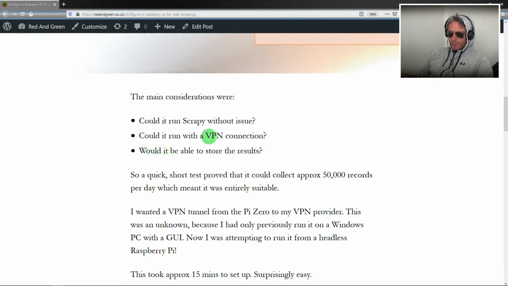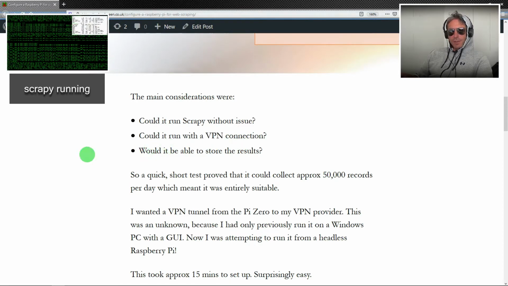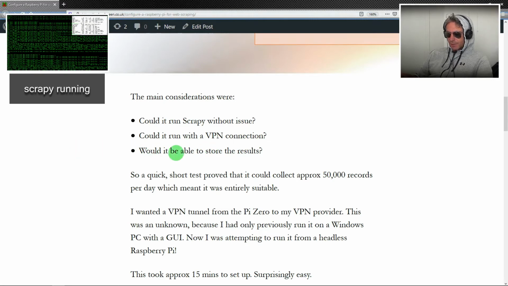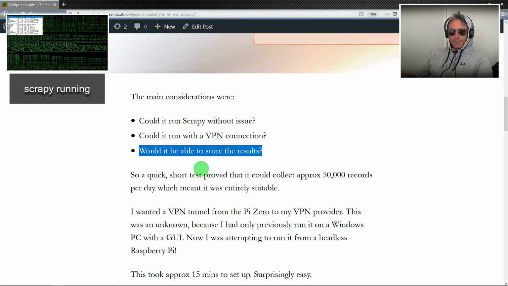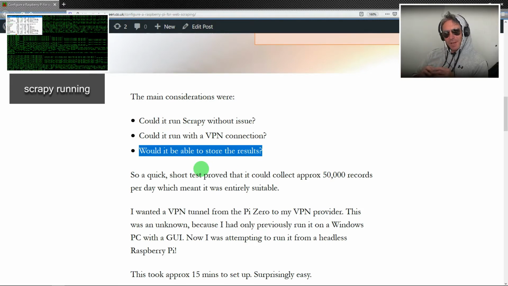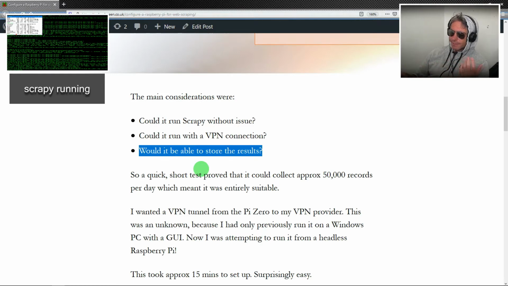Now, depending on which VPN provider you subscribe to, there's limitless combinations of settings and config files, so you may need to RTFM on that and consult your VPN provider. I use PrivateVPN, and you'll see in a minute how I set that up. Would it be able to store the results? Well, yeah. Was I going to fill up the memory on I think it was a 16 gigabyte memory card on the Raspberry Pi Zero, so